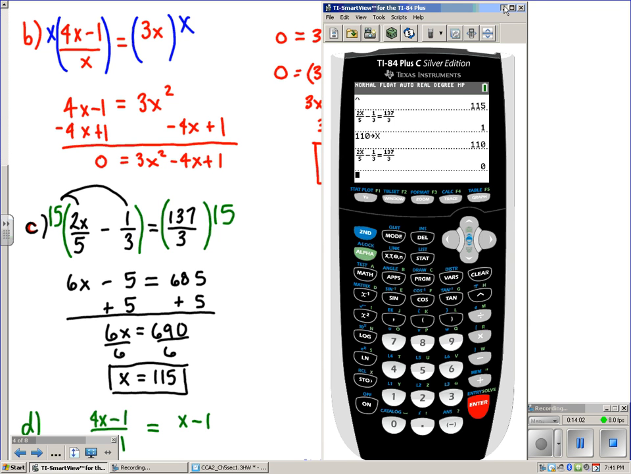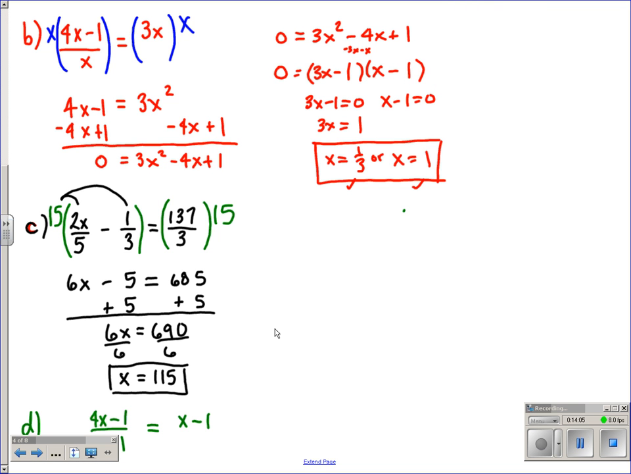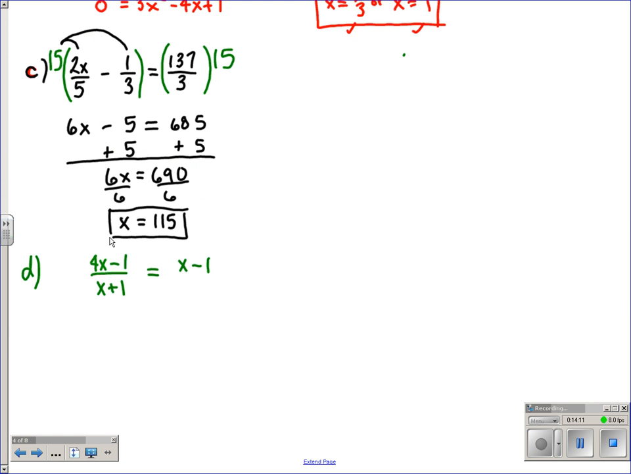Anyway, it's a little trick. Ask your teacher if you want to see more on that there. Let's go ahead here and let's do the last one. Letter D. 4x minus 1 over the quantity of x plus 1 equals x minus 1. Well, let's go ahead and get rid of our denominator. So our denominator here is an x plus 1, so let's multiply this side by the quantity of x plus 1. And then we're going to have to multiply the other side by an x plus 1. So that means that this and this will give us a value of 1, leaving us with